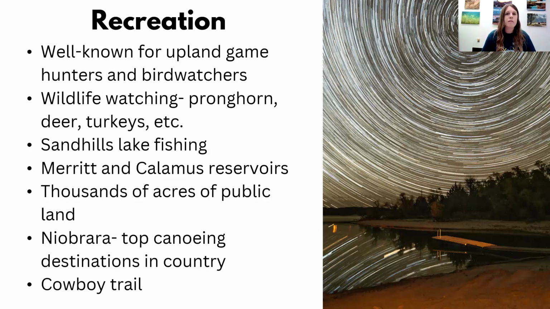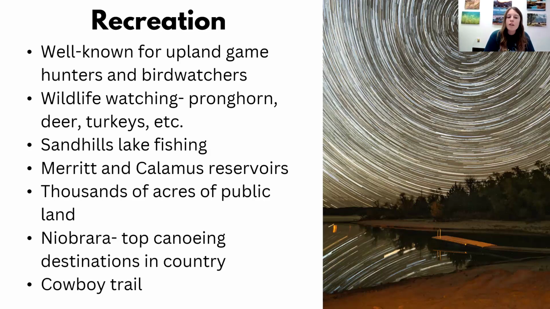And then also the Sandhills. Nebraska is a very privately owned state. 97% of our land is privately owned, which doesn't leave a ton of public acres left, but there are thousands of acres of public land in the Sandhills. We have three national wildlife refuges, two national forests, numerous WMAs, which is a wildlife management area, and also an SRA, which is a state recreation area. And then there's also the 56,000-acre Niobrara Valley Preserve, which is where I'm going Tuesday, so yay me. It's owned by the Nature Conservancy, so they have an area up there as well in the Sandhills.